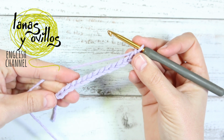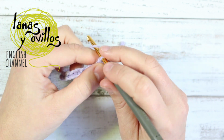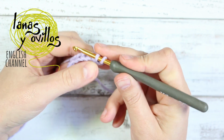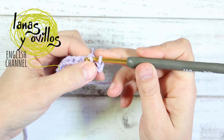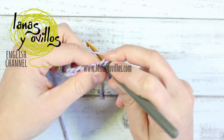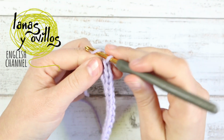And start now with the garter stitch with the crochet hook. Start with a chain 1 and make 1 slip stitch in all the stitches, 1 slip stitch to the end of the 15 stitches. So 15 slip stitches. Once you finish the first row, you have to chain 1, turn,